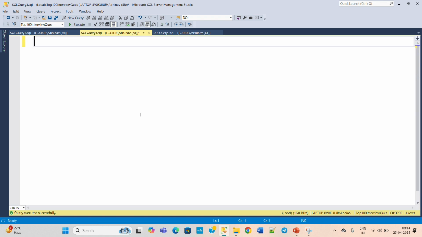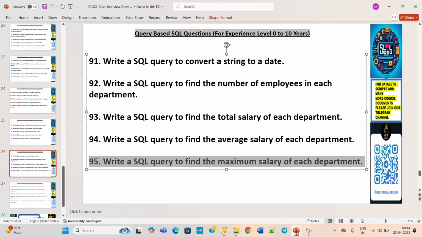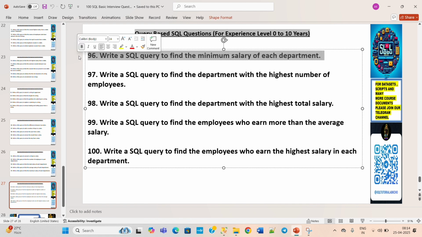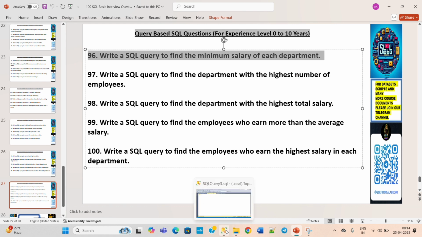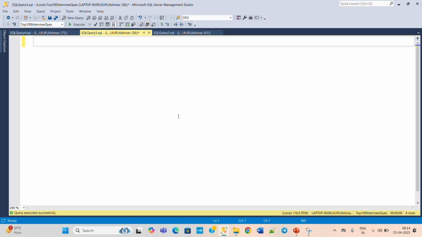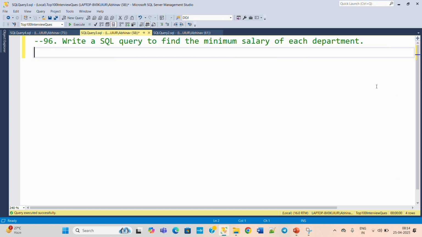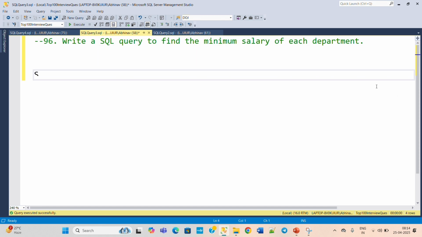So next we have the 96th question. Okay, and we are very close to the end. So what is the 96th question telling? Write a SQL query to find the minimum salary of each department. Previously we found the maximum salary of each department. Now we need to find the minimum salary of each department. So this is also a very similar, simple and basic question. Now comment this out. So to find the minimum salary, the final query will be like,